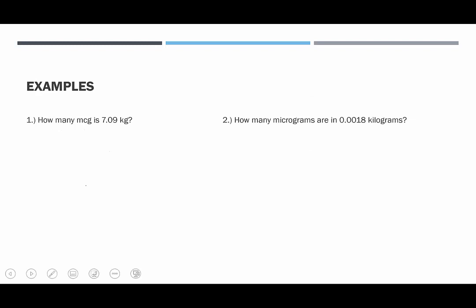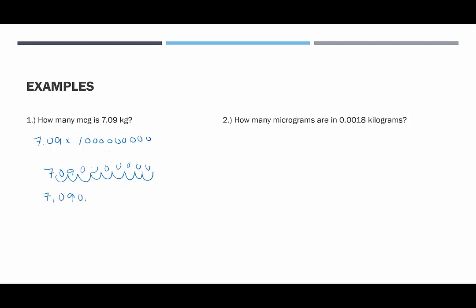Let's look at some examples. In our first example, how many micrograms is 7.09 kilograms? That would be taking 7.09 and multiplying it by 1 billion. That's a 1 followed by 9 zeros. There's 3, there's 6, there's 9. That would be moving it 9 places to the right. This would be 1, 2, 3, 4, 5, 6, 7, 8, 9, and then we would fill in the gaps with zeros. So there's actually going to end up being 7 zeros at the end of this number. So we're going to say 7 billion 90 million